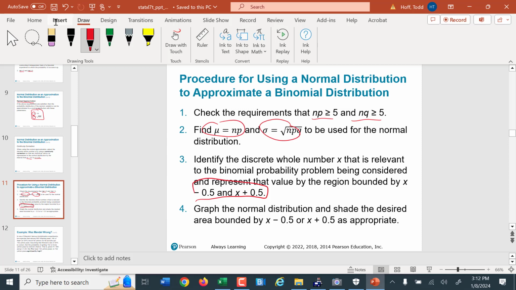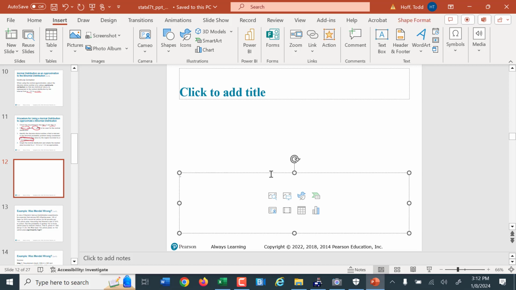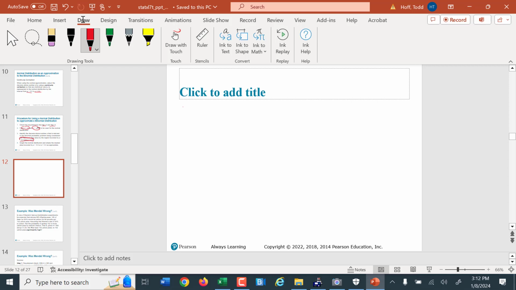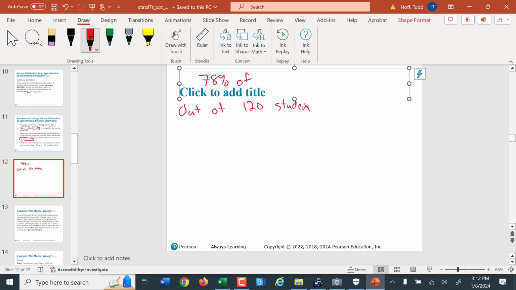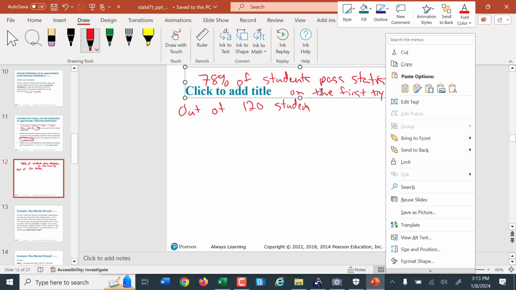I'm going to insert a blank slide quick. The first one I'm going to look at is a small example. But let's say 78% of students pass statistics on the first try. Out of 120 students,